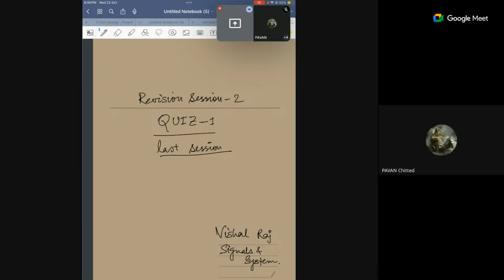You can calculate it directly with the formula for the energy. If you know the energy for standard signals like rectangular and triangular, then you can directly calculate it for the trapezium signal also. Can somebody tell me what is the energy for a rectangular signal